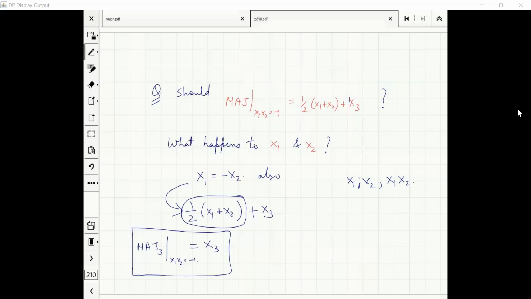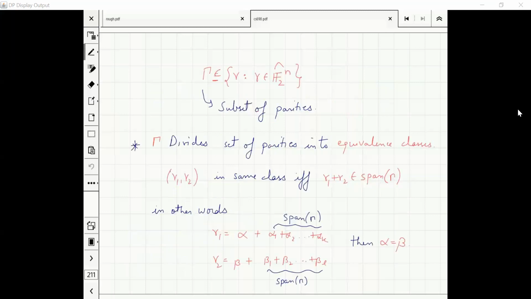So now I'm going to do it in generality. There is a bit of notation here. Do not worry about it. It might seem intimidating, but the idea is very, very simple. It is simple vector space manipulation, and we will do it 2 or 3 times so that you become familiar. Okay, let's analyze what happens to our Fourier representation when we restrict our parities to take only certain values.